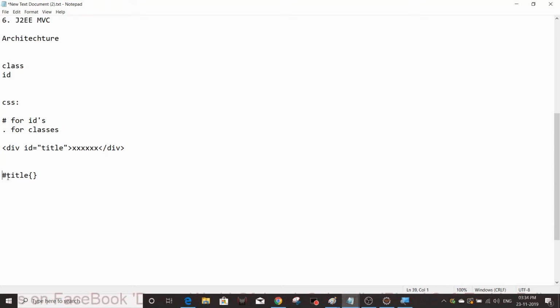If you want to use class, div class equals to title, then you need to give dot. Okay, I think same class name has to be provided after dot. Same class name in the sense, you are asking about duplicate class or what? We need to give only one class. Class name should be unique. Okay,